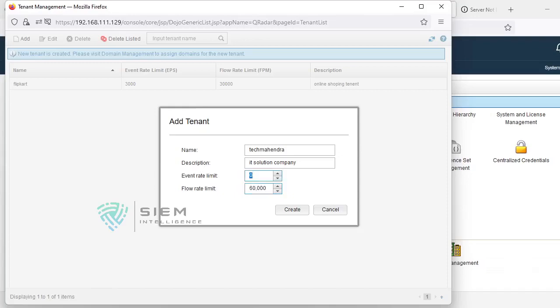So now I am giving 5,000. If your agreement is that it can process at the highest event rate limit, then you can keep it like that. Whatever EPS and FPM is left will be available for it and will be used. Otherwise, 5,000 and 60,000 will be dedicatedly given to the tenant.